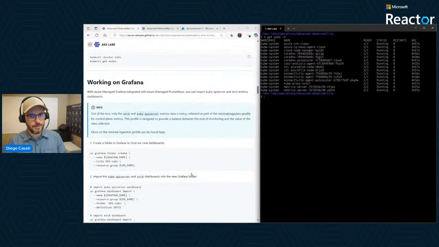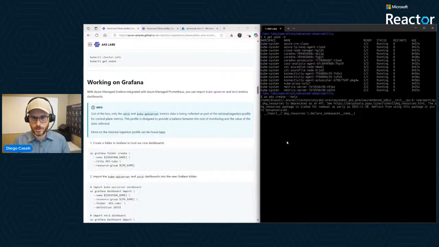Okay. The next thing for us is let's get going with Grafana. At this point, we've done most of the things we had to do in terms of setting up the infra. Again, Azure Workspace is there, Monitor Workspace, Grafana is there. We did enable Prometheus through a flag. So if you do az aks create, we're going to look for the help in here.